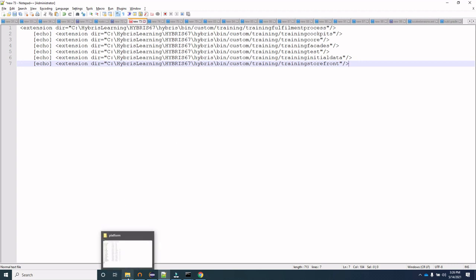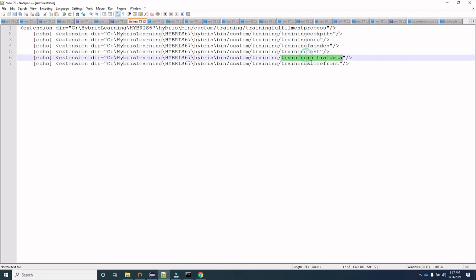Before adding this, remember it has created 7 extensions, and these extensions are the same regardless of the name that you give. They are fulfillment process, cockpits, core, facades, test, initial data, and storefront.